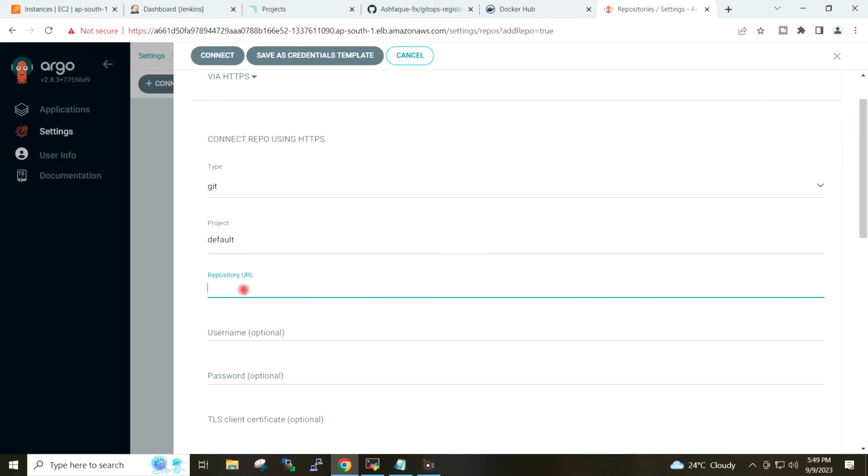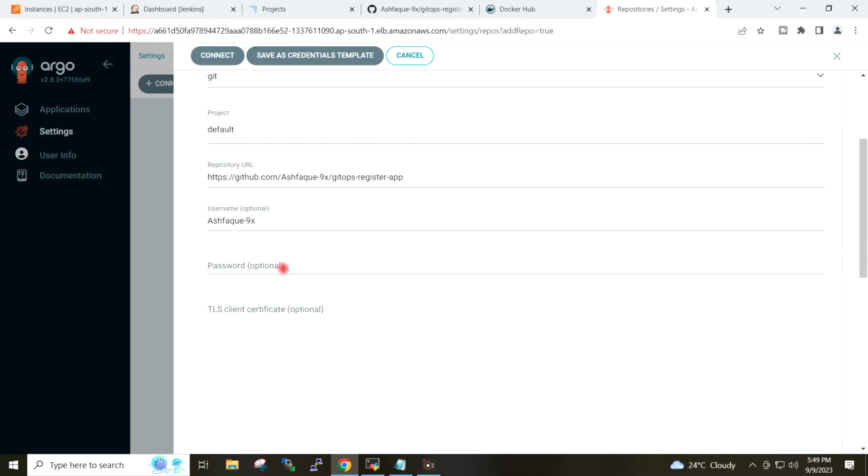I will give the repository URL. I will give here my username for the GitHub, and under the password I will give my personal access token for the GitHub, and I will click on connect.